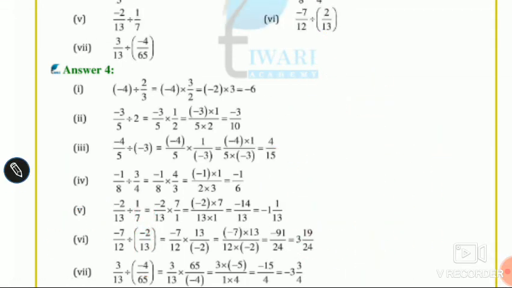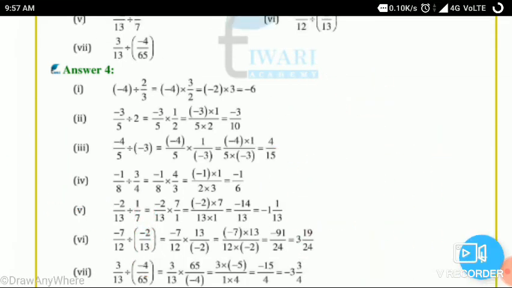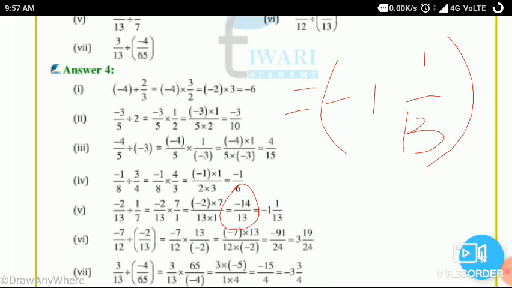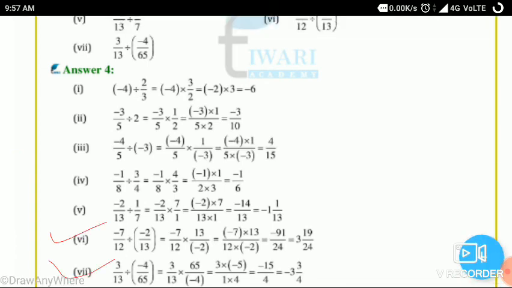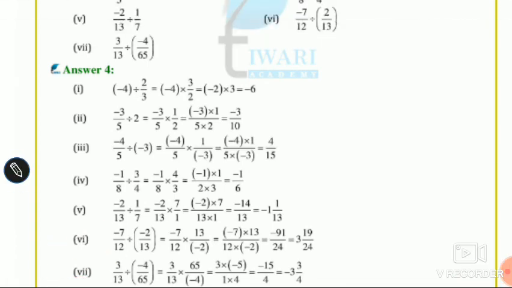Okay, but if you want, you can convert it into a mixed fraction, right? Why? Because see, we can put the minus sign first and the denominator as it is. 13 ones are 13 plus 1, 14. Okay, so minus 14 upon 13. Okay, understood? Now see question number 6 and 7, same method, so you just do them in your HW. Okay, just try. Okay, you will solve it.